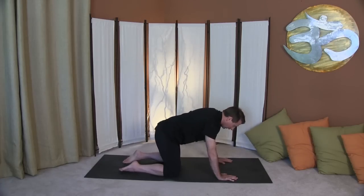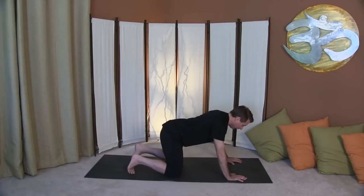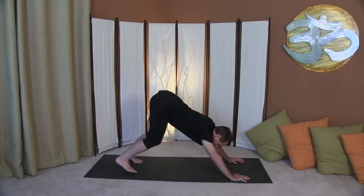Now from here, taking it right up and back into our downward facing dog. So let's dig our toes in the mat, push back, keeping our knees bent to start with. Remember,